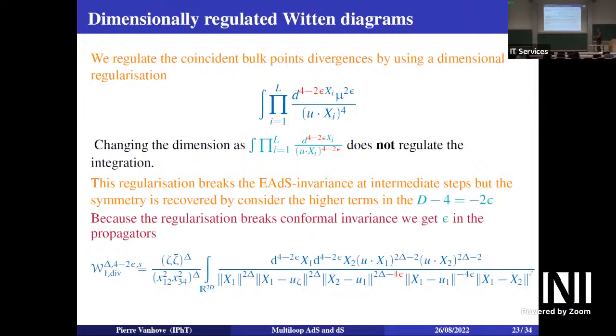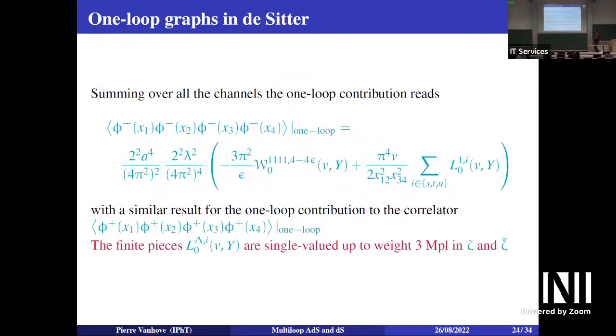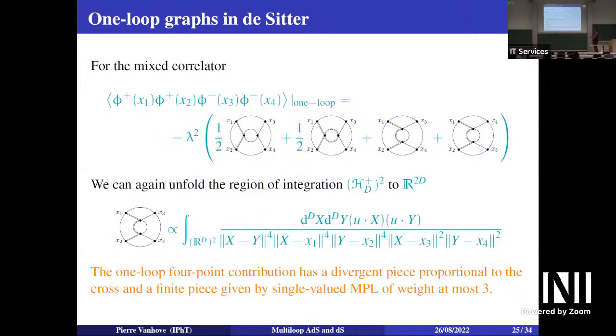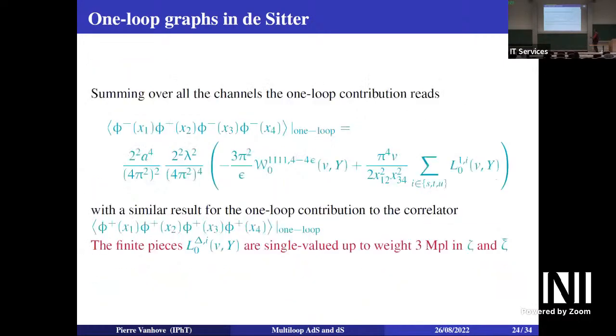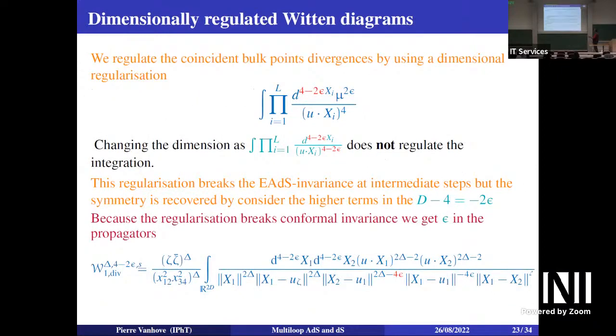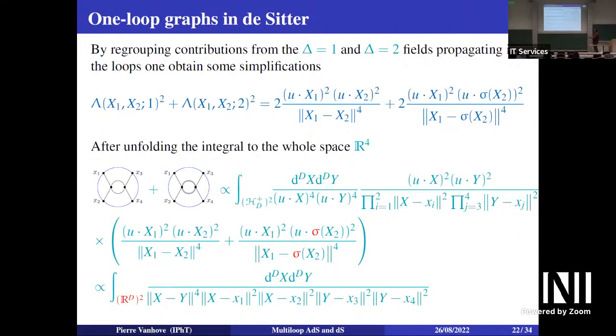Okay, fine, but we will still have to do renormalization at the end anyway. So then we do that. We have these 4 minus 2 epsilon integrals. Delta is an integer that is 1, 2, 3, 4, whatever you want. But because we have broken the conformal invariance, there is one propagator that has the epsilon. And what you do is that you can just compute it. And what you find is that there is indeed a divergence when the 2 points are coincident,